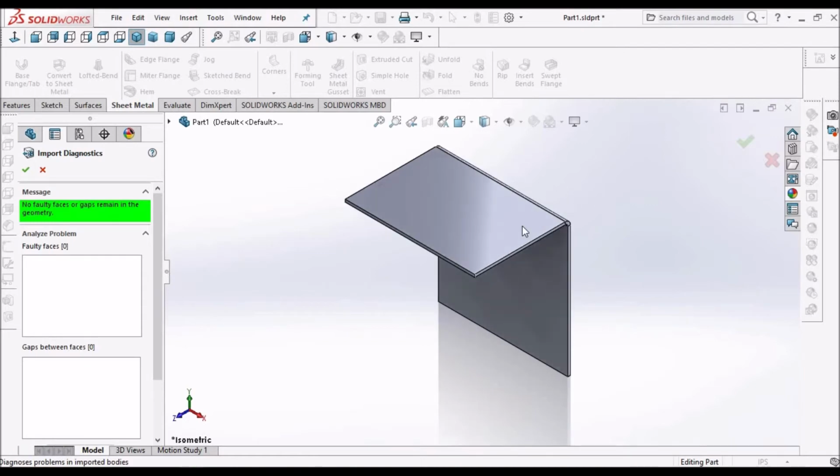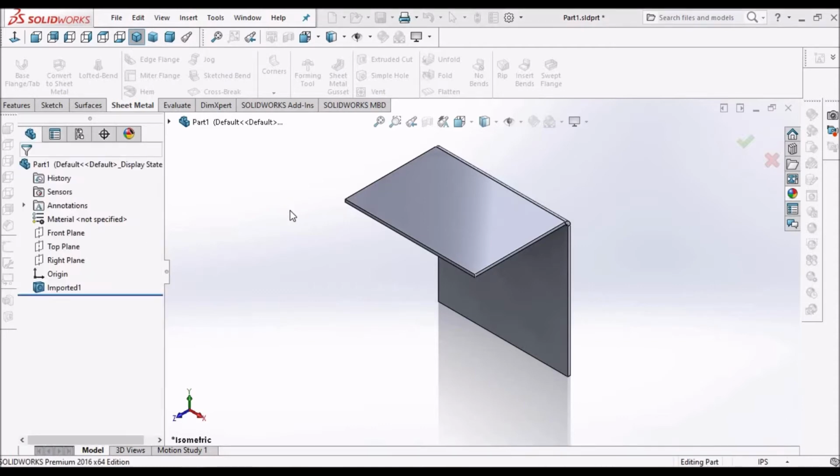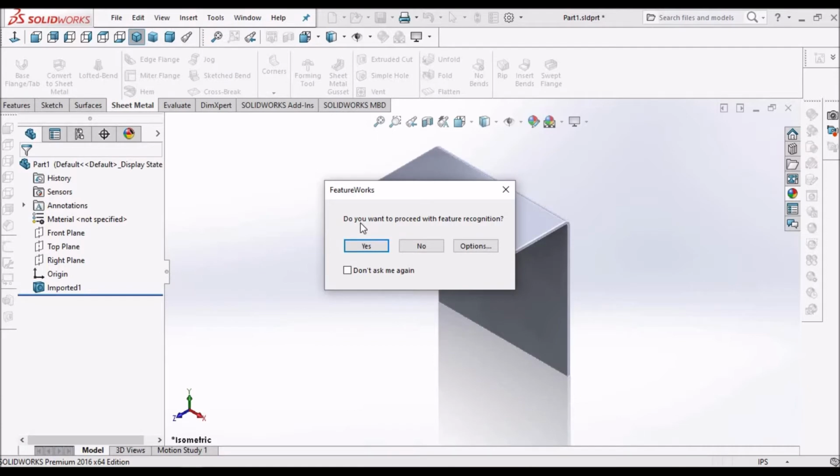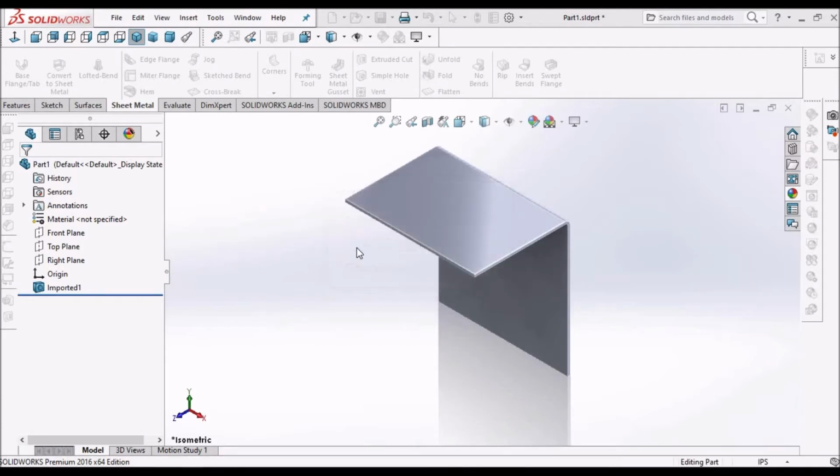If it is a complex feature, it will automatically select the surfaces to rebuild. Here we don't see anything, so say OK. Now it is asking for feature recognition. Say yes.